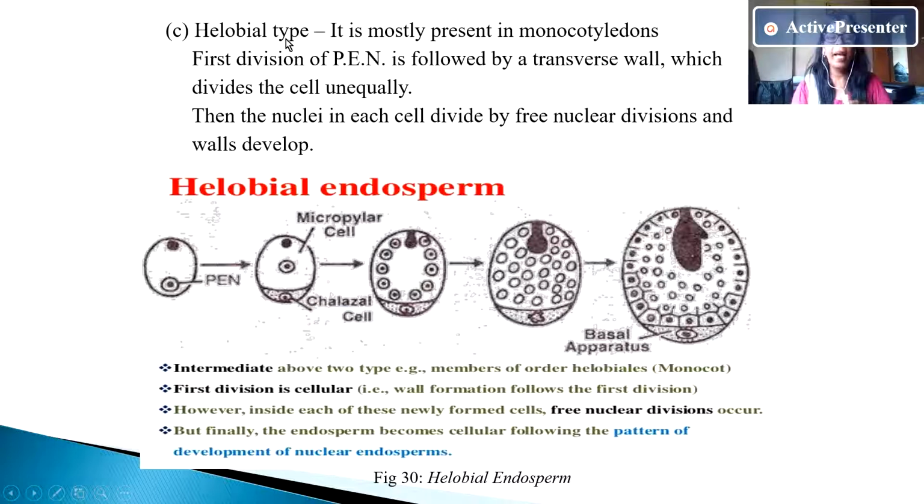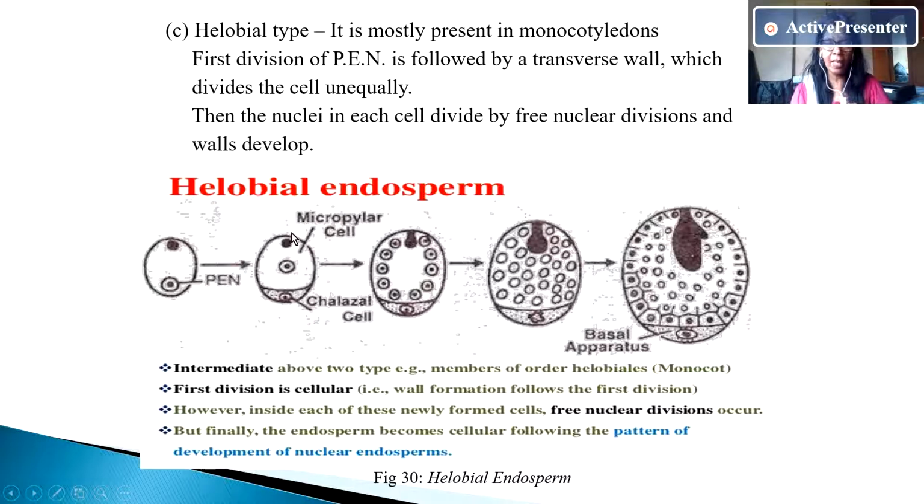What is in the helobial type? Here both are mixed, nuclear as well as cellular. It is mostly present in monocotyledons. The first division of the primary endosperm nucleus is followed by a transverse wall, that is cell wall formation, which divides the cell unequally. Then the nuclei in each cell divide by free nuclear division and walls develop. So here the primary endosperm nucleus divides into one large cell and one small cell,